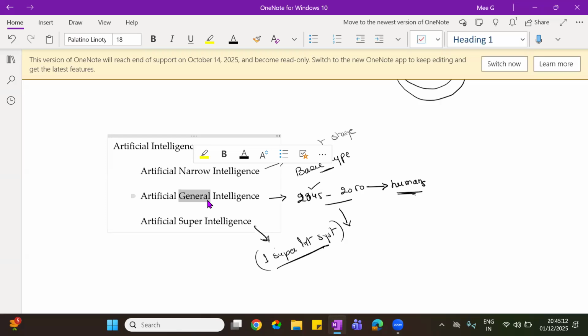As I was saying, human lifespan will be increased. Whatever the disease may be, it will be cured and we will get the medicines in no time. And each and every family will have a general intelligence